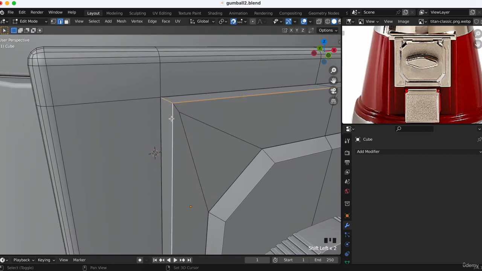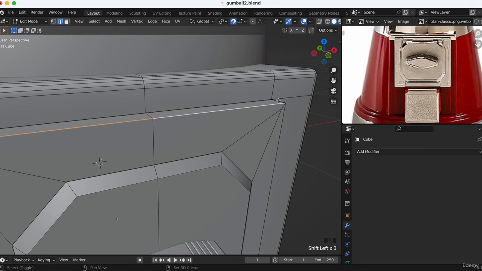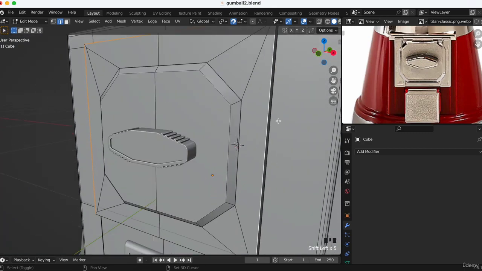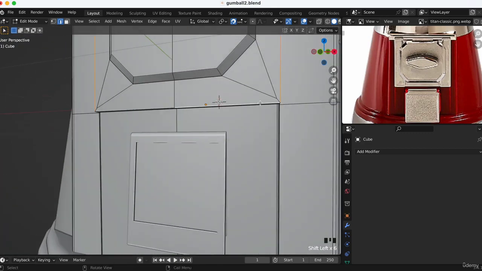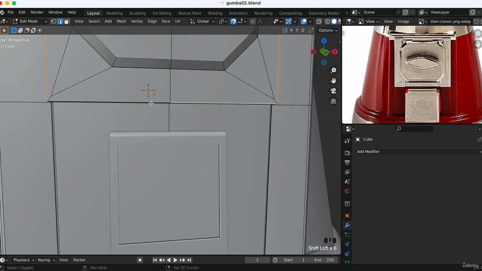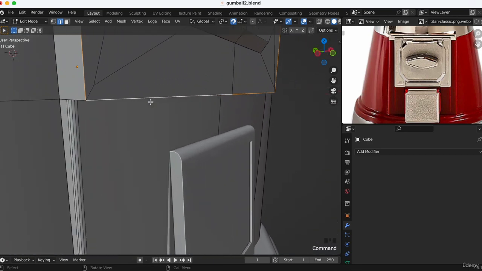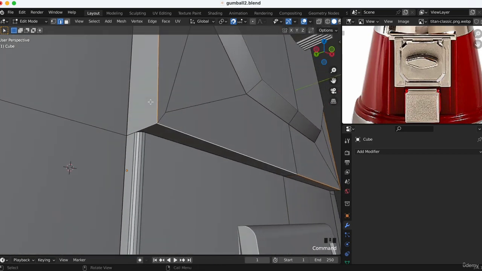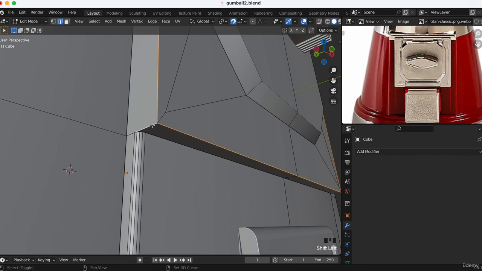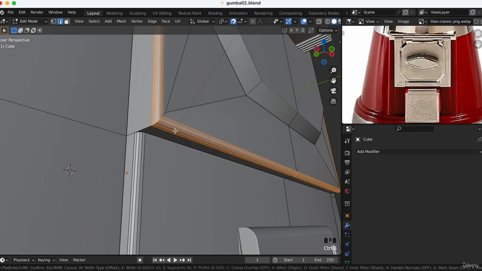So we click here, here, here, and this, and this, and then also not this, control B, just a little one, maybe like this,